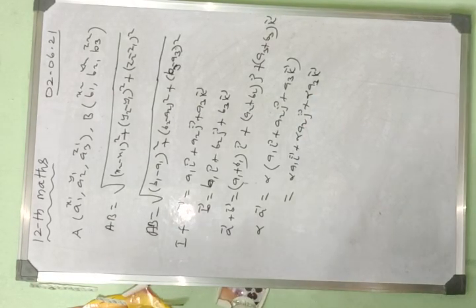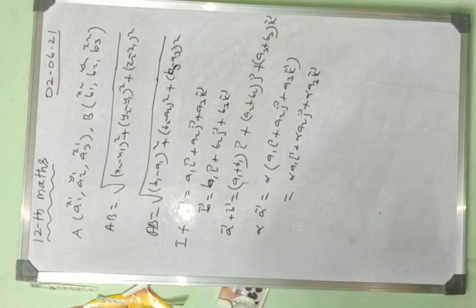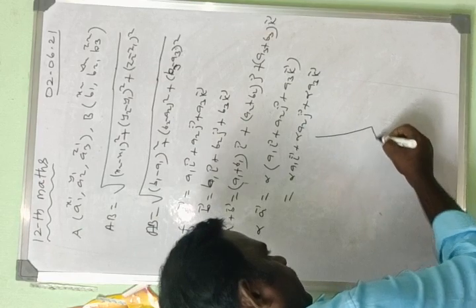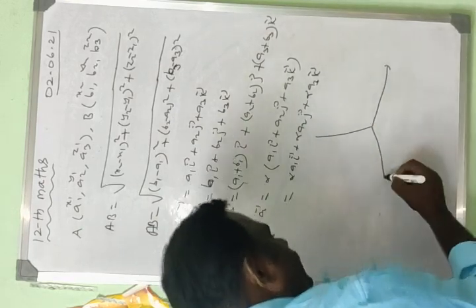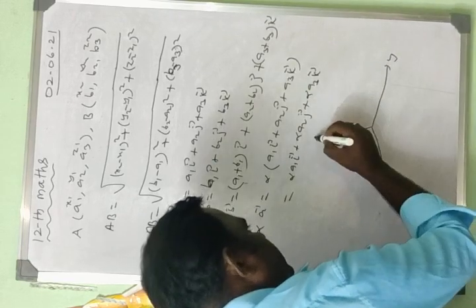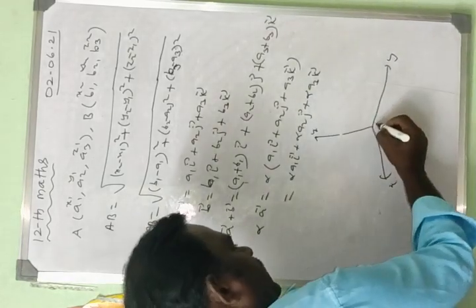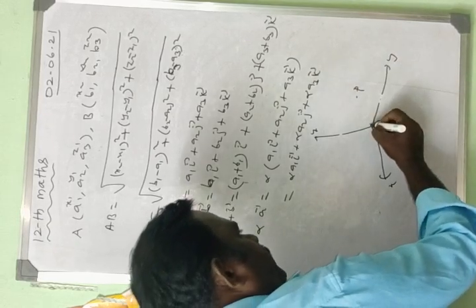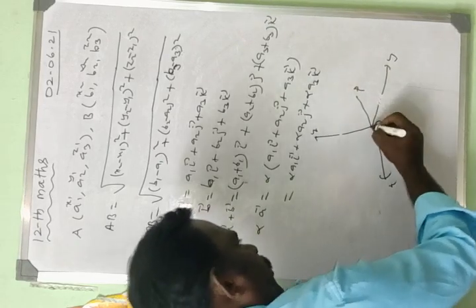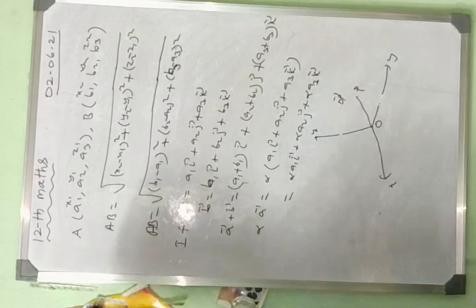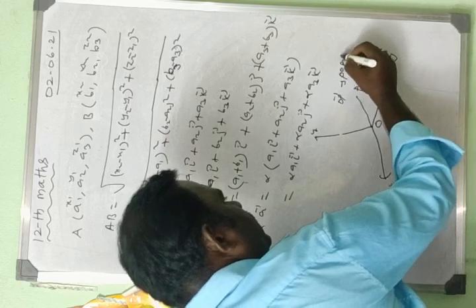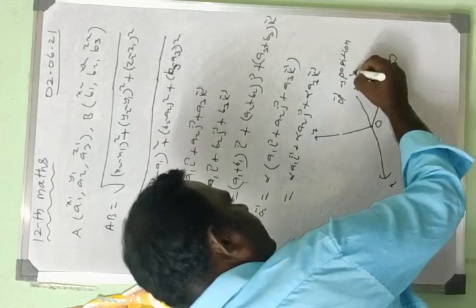Okay. Next, how to understand a position vector. Take a three-dimensional axis system: this is the x-axis, this is the y-axis, this is the z-axis, and this is the origin. From the origin we put a point P. The line segment joining the origin to P is OP. OP is a position vector.